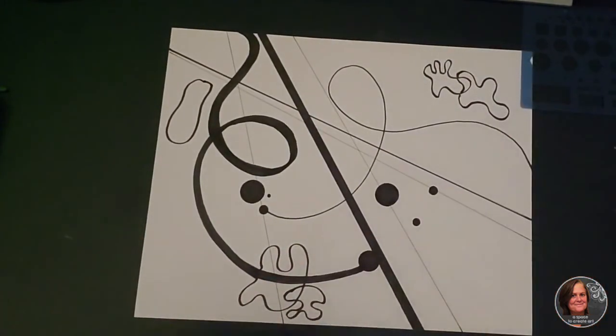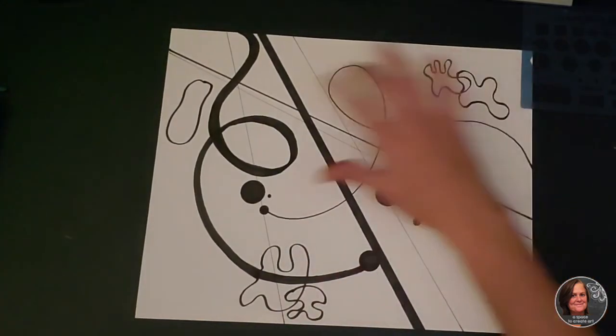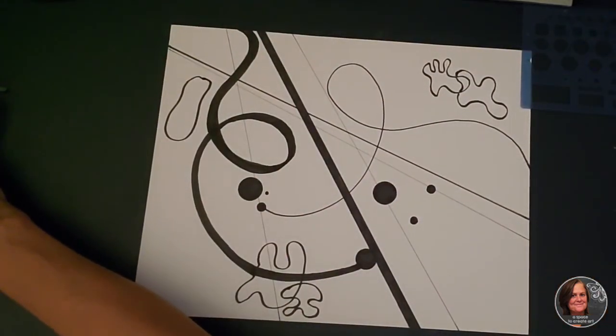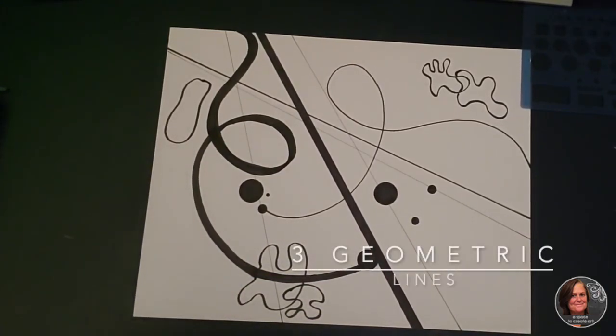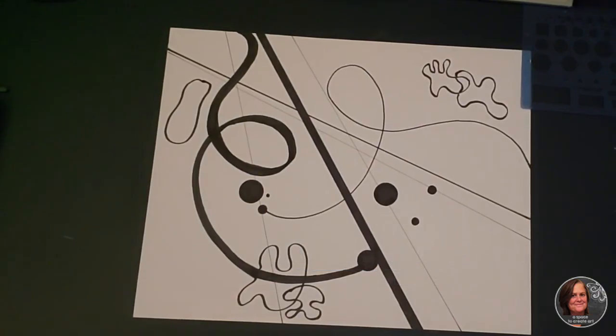Okay, so now I have 5 organic shapes, 1, 2, 3, 4, and 5. Okay, and at least one of them overlaps the line. Okay, so now we're going to add 3 geometric lines to my design. And geometric lines can have just one angle or many angles or be any combination of straight lines. Okay, so I'm going to use